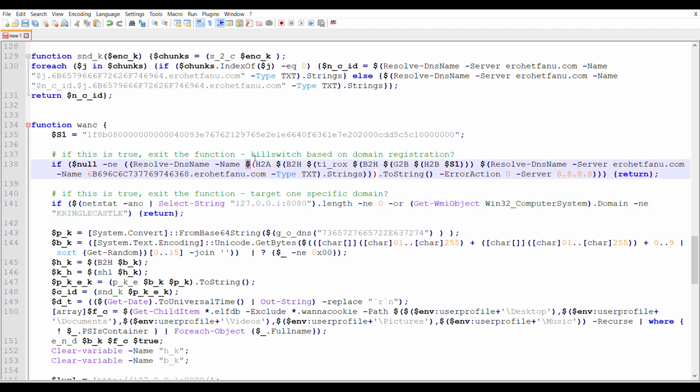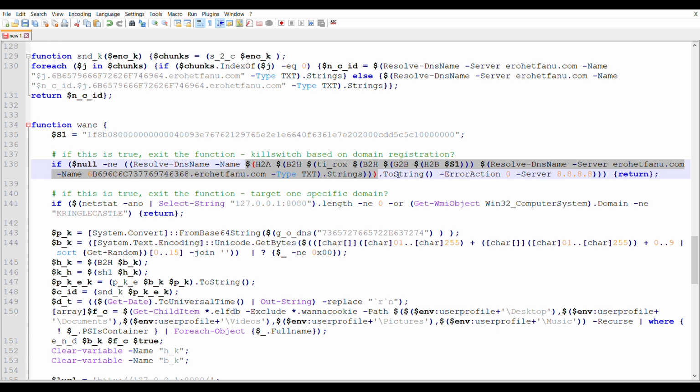Examining the first if statement in more detail, along with the referenced functions at the top of the malware, we can calculate that it takes the data from the S1 variable, converts it from a hexadecimal string into binary, runs that through a gzip decompression algorithm, converts the result back into a hexadecimal string, exclusive ORs that with a value which is obtained from a DNS request, converts that from a hex string into binary, and then finally into an